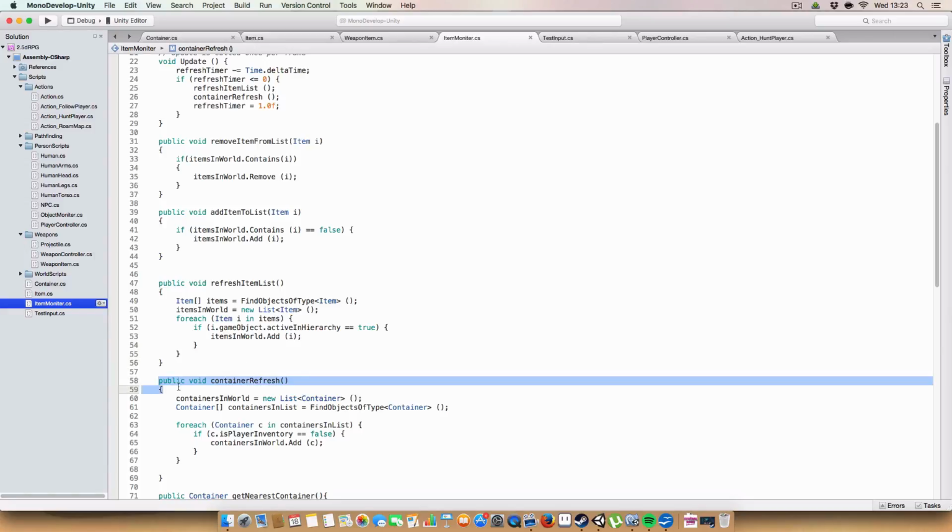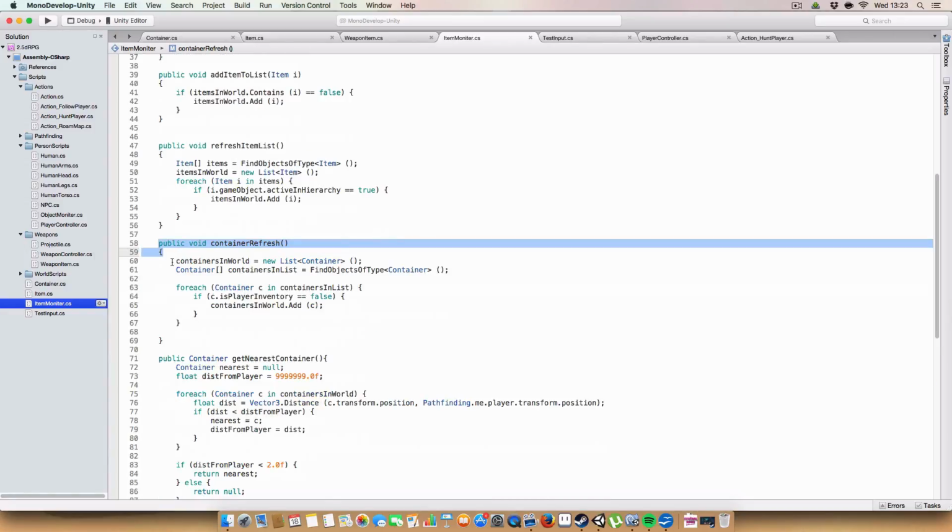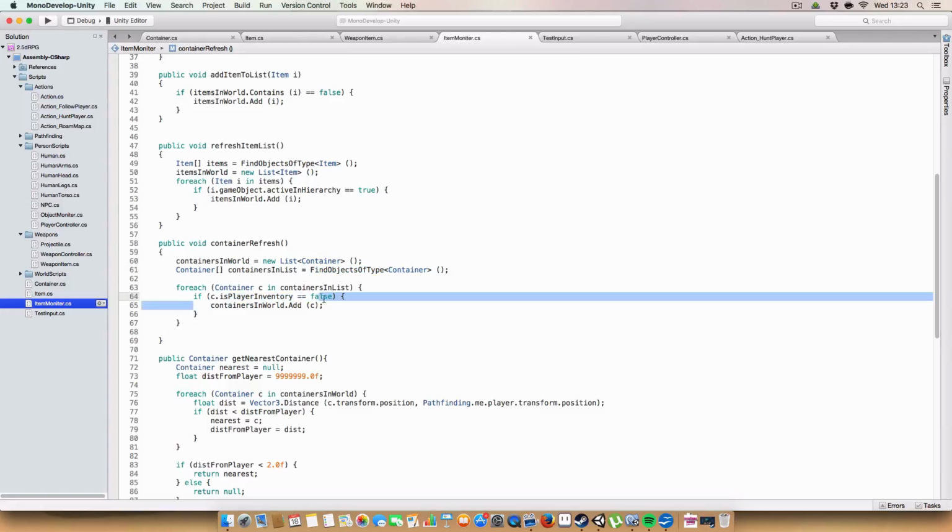And again, container refresh works on a similar premise. We initialize the list of containers like we did with the items in world. We find objects and containers and store them in an array. And for each of the containers, if it's not the player inventory, then we add it to containers in world, because we don't want the player to be able to transfer things between the player's inventory and the player's inventory